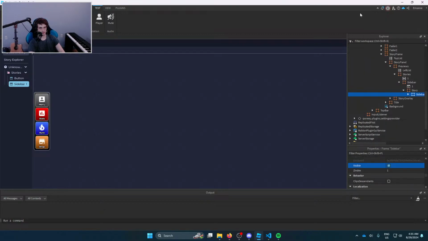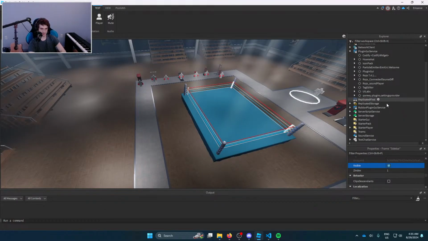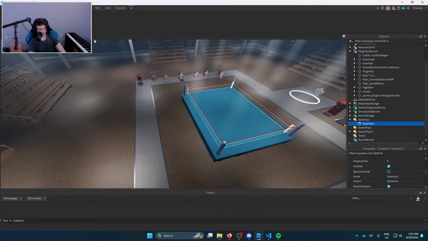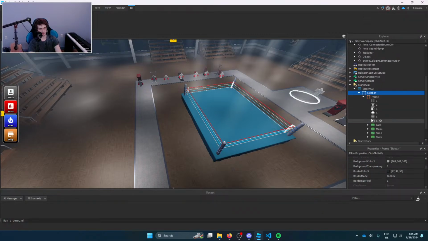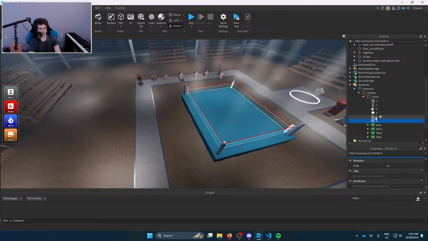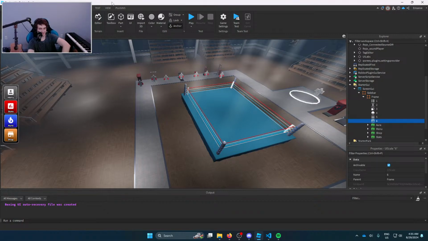And then I just copy, go over here into started UI, click, and then paste, build this UI scale. No, I don't kill the UI scale because